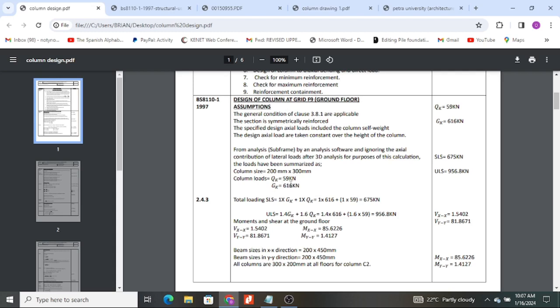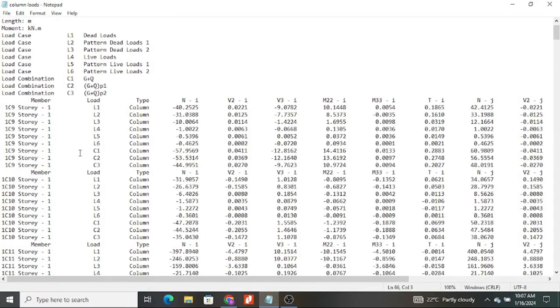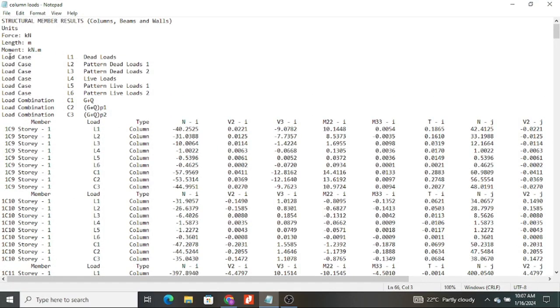So the column loads are Qk is 59 kilonewtons and Gk is 616 kilonewtons. And I can show a summary of those loads from a design software. Here we have the columns, and we have load cases L1 up to L6, and then we have load combinations 1, 2 and 3. In this case, what I'm interested in are the dead loads and the live loads, and combination C1, because these are more important. But if I have my dead loads and live loads, I'm able to proceed and do my combination